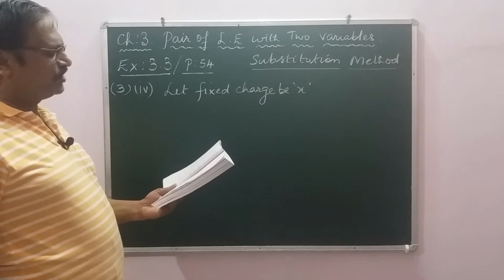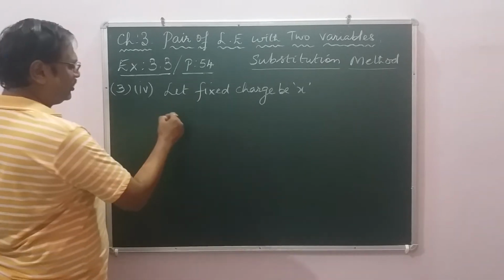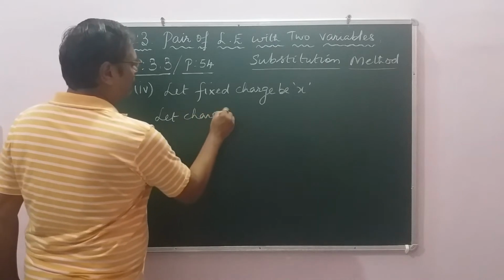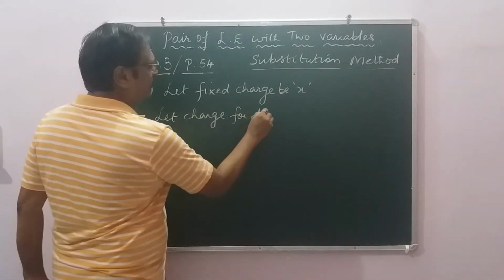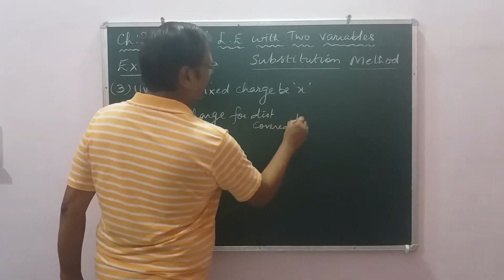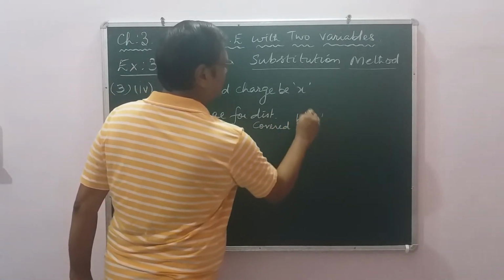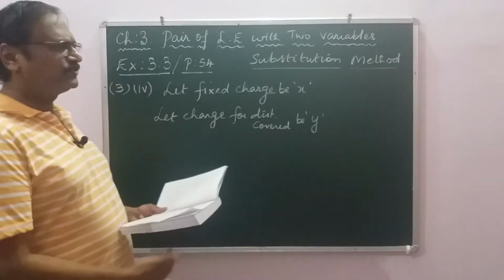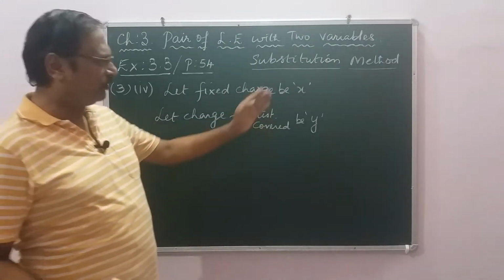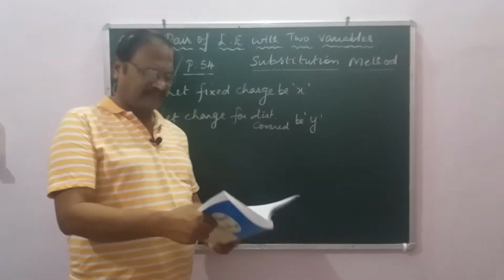Together with charge for distance covered, let the charge for distance covered be y. So there are two charges. We are studying about linear equation with two variables. So I got x and y. Next,